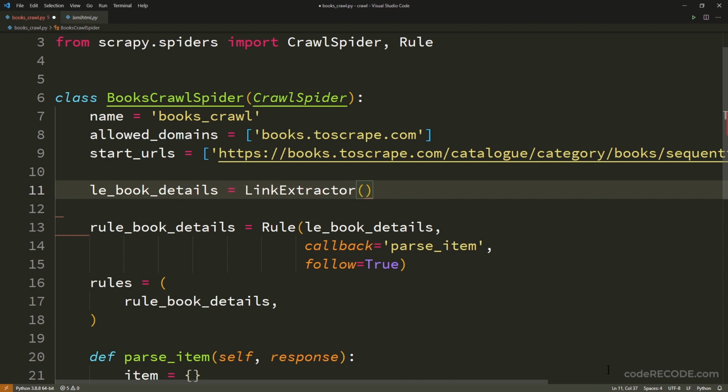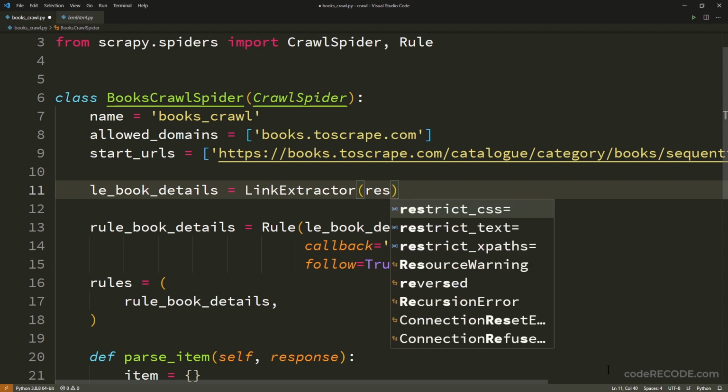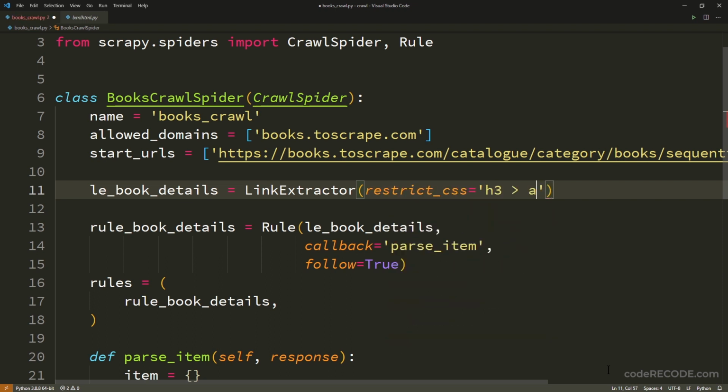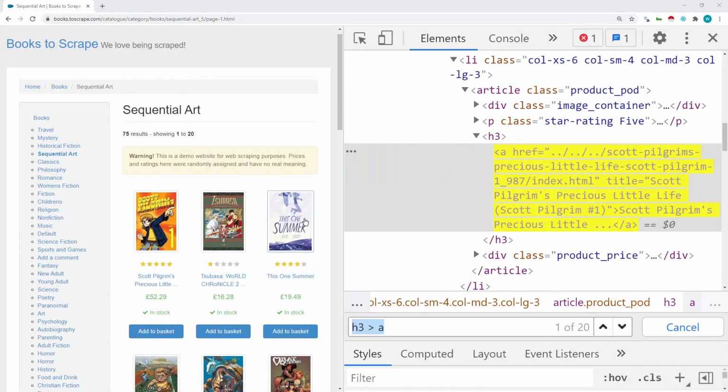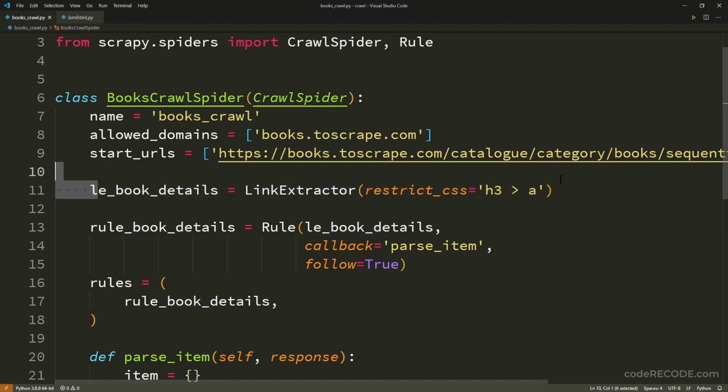Okay. So now we want to restrict all the links from this page, but we want them to be restricted to this particular CSS that we have created. Now if you have more than one parameter, you can create a tuple. Right now, because we have only one, I'm just leaving it like that, just applying a parameter as a string. So what it will do is extract all the links, but restrict them with this particular CSS criteria. So now we have the links to all the books. Okay, so this is our link extractor.